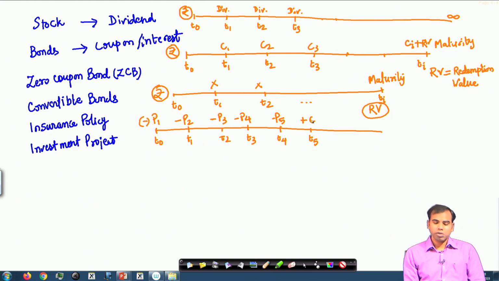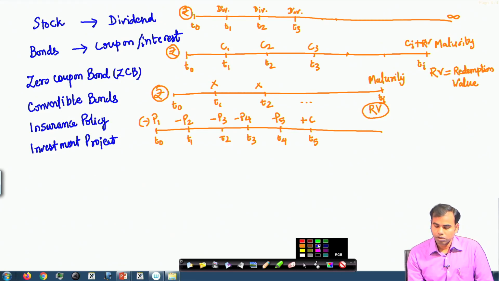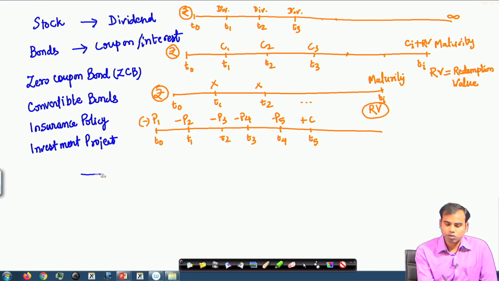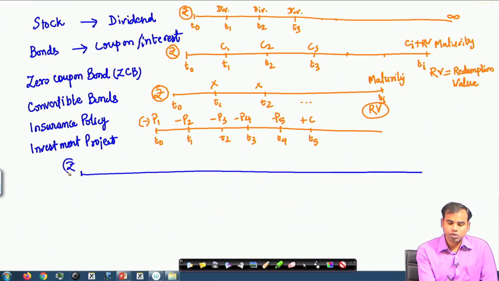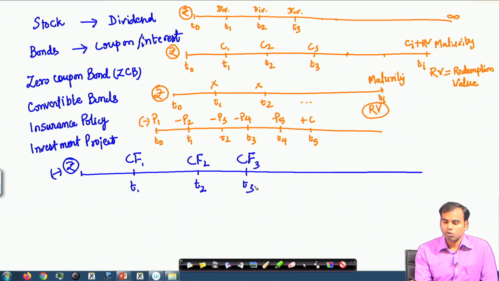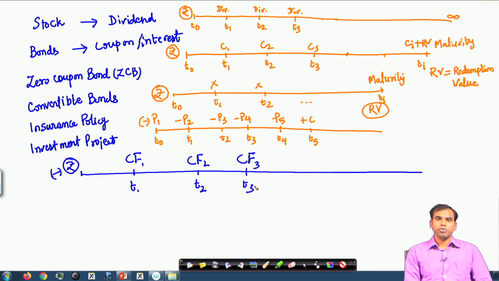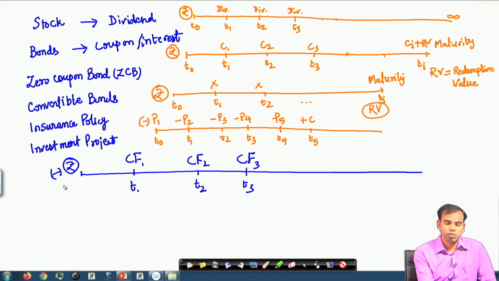Now, a similar characteristic can be generalized for an investment project, where, as already explained, you have to invest some money today, which is typically a negative value, and then you expect some cash flows generated in future, and there will be different time periods for those cash flows. Now, it may so happen that in an investment, if you make some initial investment today, which is basically a negative cash flow,